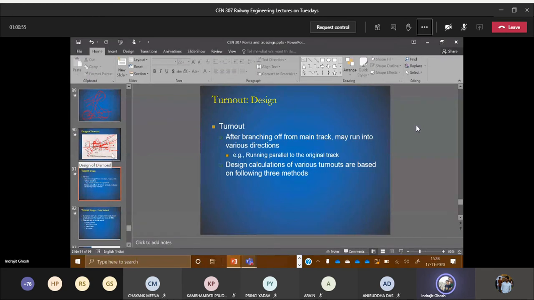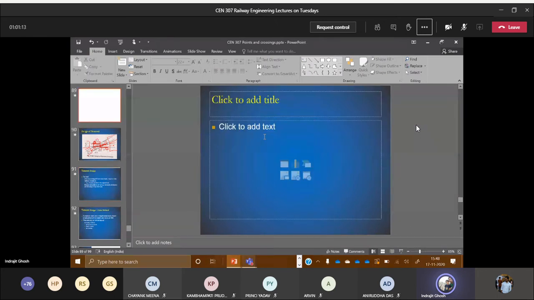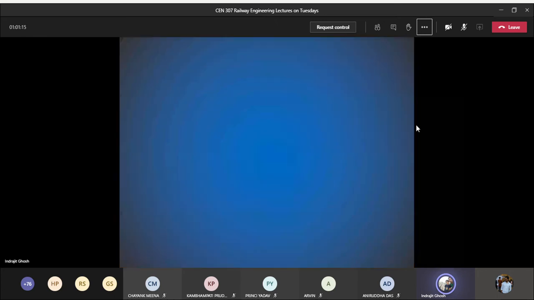So write down one problem. Design a diamond crossing between two BG tracks crossing each other at an angle of 1 in 10. So I can utilize this particular slide to solve the problem. 1 in 10 is given, so N is basically 10. G is given as broad gauge, so